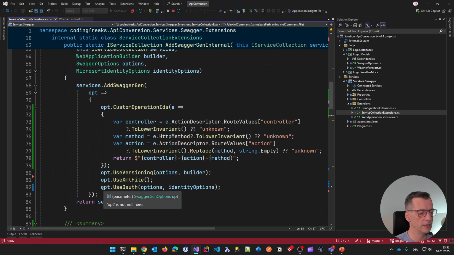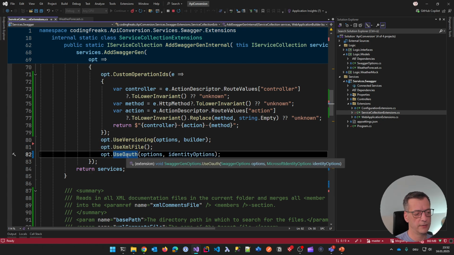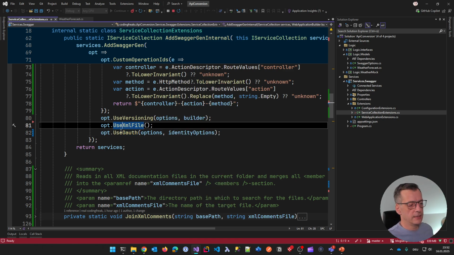So the last thing we need to explain here at SwaggerGen is use OAuth. This is the thing where people tend to run out of the room and say, I don't like it. So assuming that you created your app registration, in this case in Entra ID, assuming that you did that,